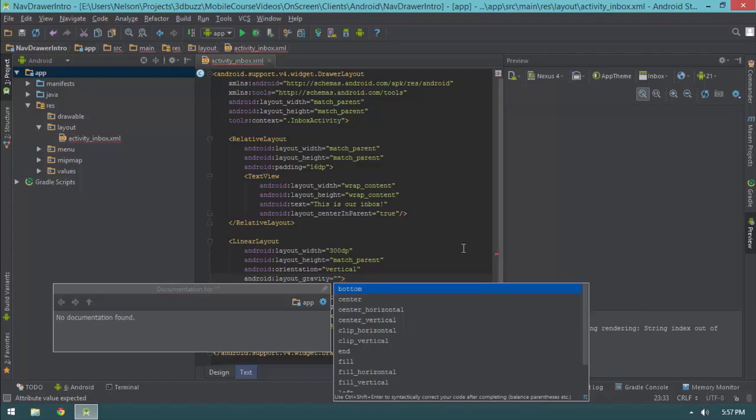Now remember earlier when I made this project, I said that depending on which version of Android we're targeting, things might become a little bit different in this video. This is where it matters. Like I said in an earlier video, if you're running Android 4.2 or above, you should never use the words left or right to describe where elements are placed. The reason is that Android 4.2 introduced a powerful layout direction engine that allows controls to be placed at the left or the right, depending on A, your intent as an author of the UI, and B,